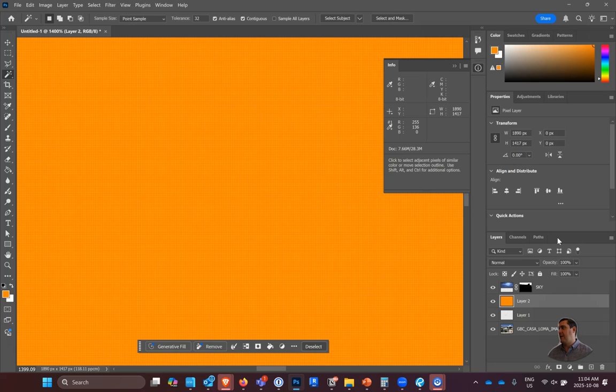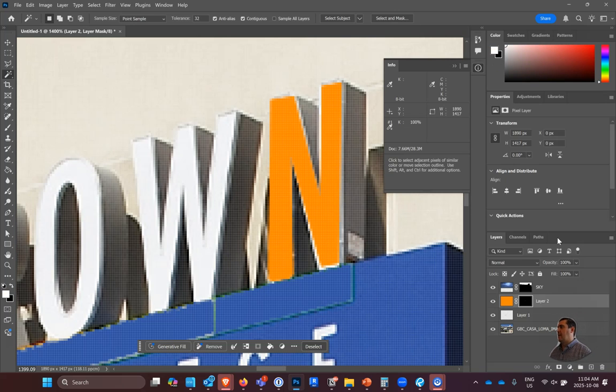But basically, we have this big orange box that we're masking on that letter N. So that's largely how to use a couple of these tools, and I think those are probably the most useful tools for our assignment. So I'm just going to pause this recording, and let's talk